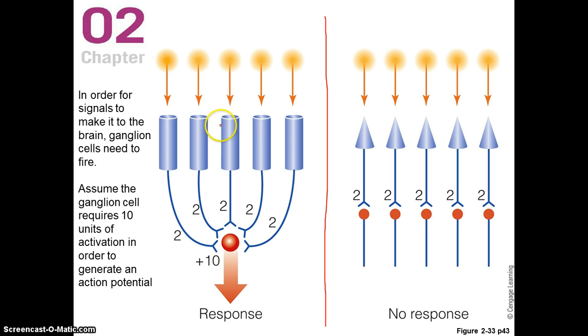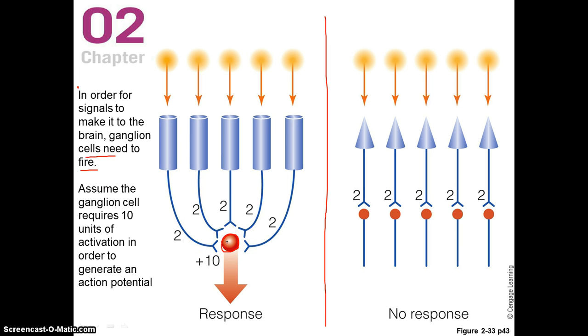Here's a rod, here's a rod, here's a rod, here's a rod, here's a rod. And all of these rods are converging onto a single ganglion cell. This red thing here is a ganglion cell. And as it says over here, in order for signals to make it to the brain, this ganglion cell needs to fire. So in order for you to see, this ganglion cell needs to fire,